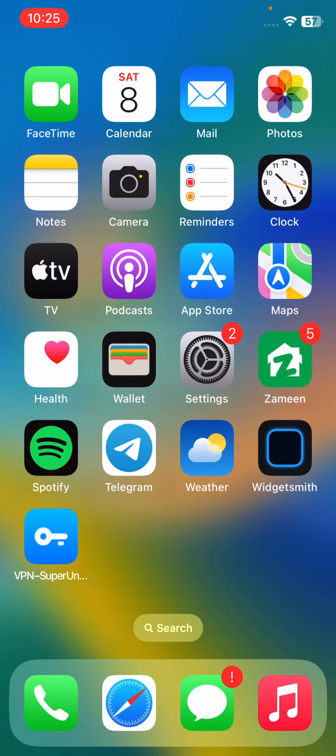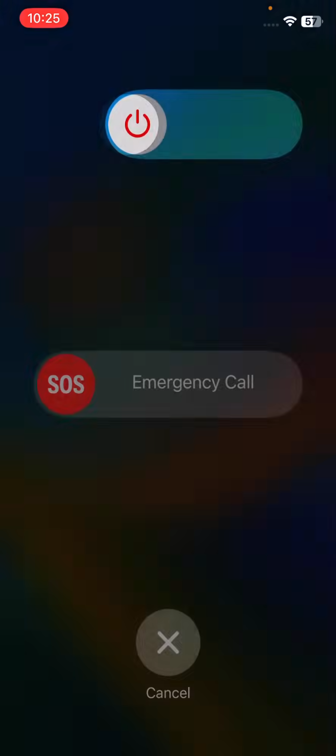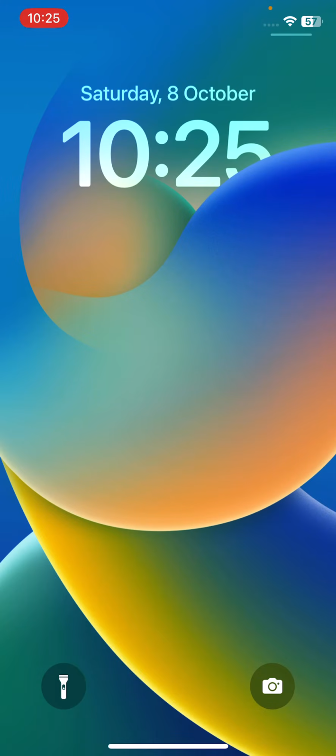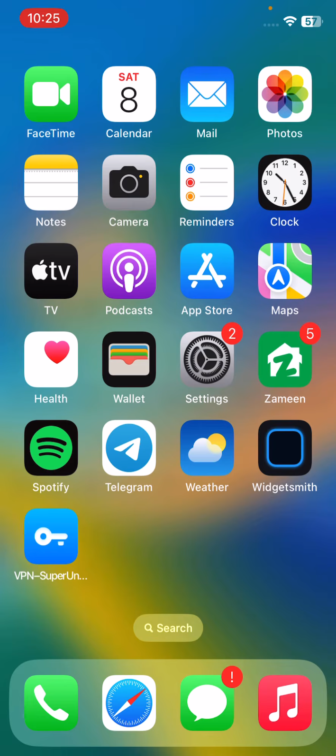So guys, the first solution is restart your iPhone. So guys, for the restart, tap on power button and volume up at the same time. So drag the slider to the right. So after restarting your iPhone, open the lock screen, and the next solution is update your iOS to the latest